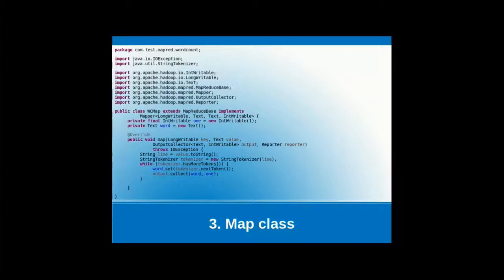The map will take LongWritable as k1 and Text as v1, and will write the output as Text for k2 and IntWritable as the value. The map method has the implementation of the map details.